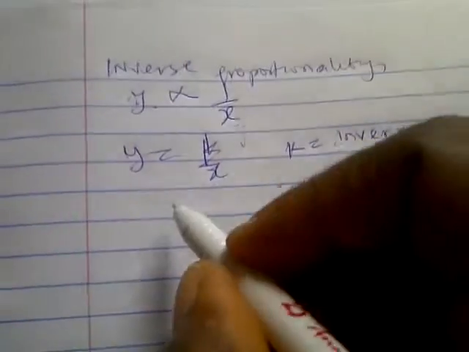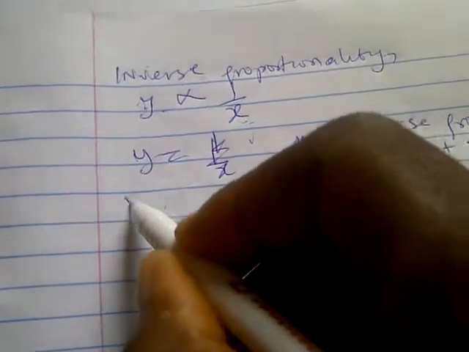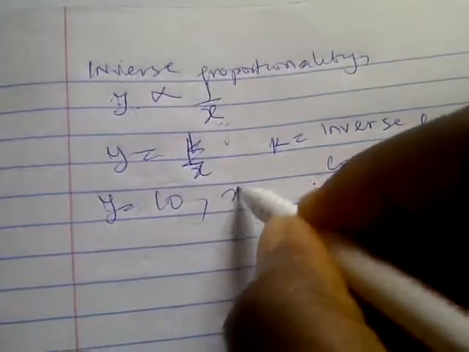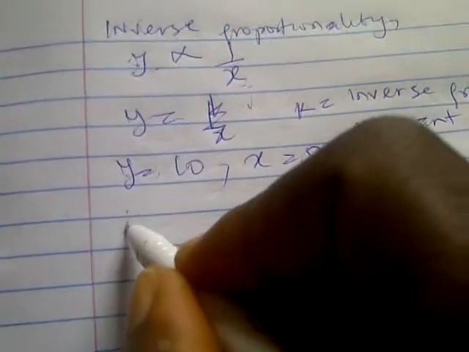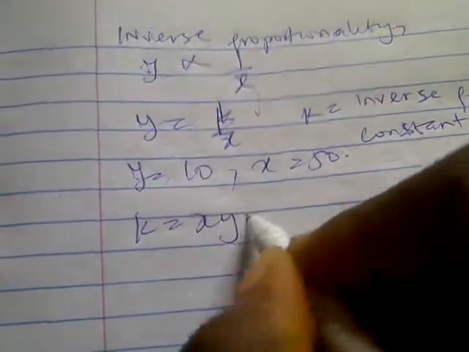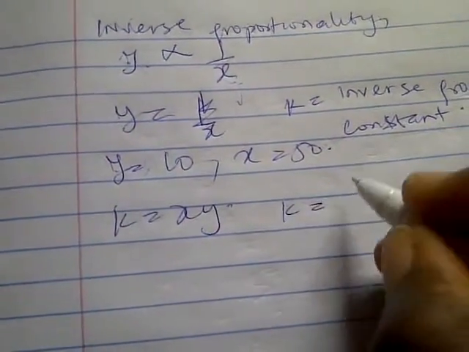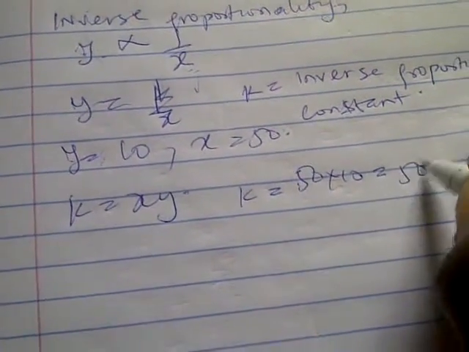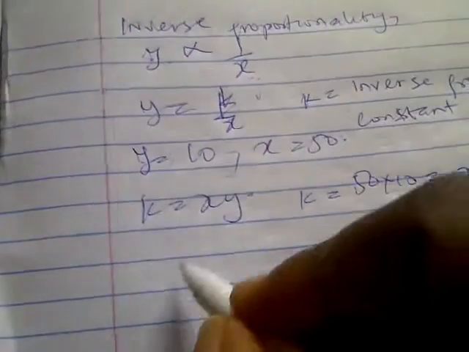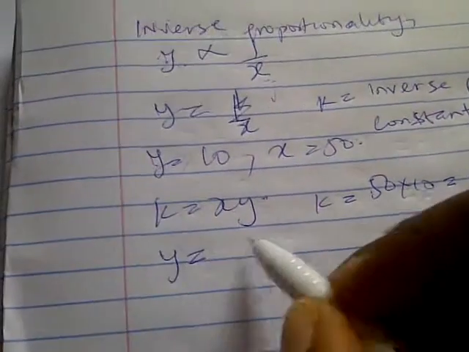Now if peradventure y is 10 and x is 50, your k is going to be xy. Your k will be 50 times 10, that is 500, and then the formula for this relationship will be y equal to